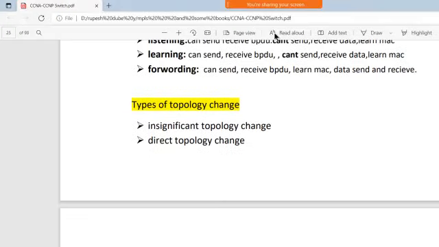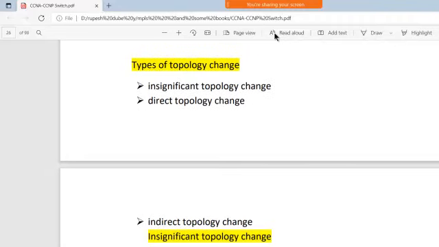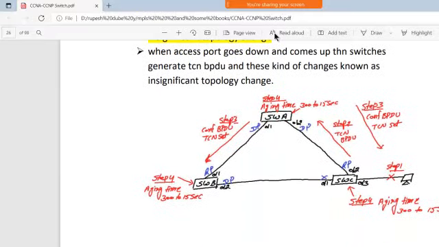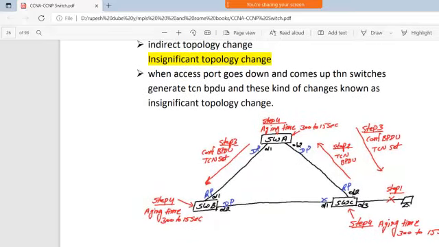Now, we also have some kinds of topology changes. What kinds of topology changes do we have? Insignificant topology change, direct topology change, and indirect topology change. So let's talk about the first one, the insignificant topology change. What is that? Inside the insignificant topology change, when an access port goes down